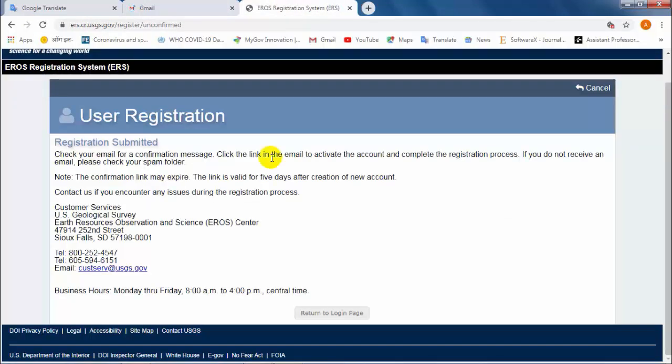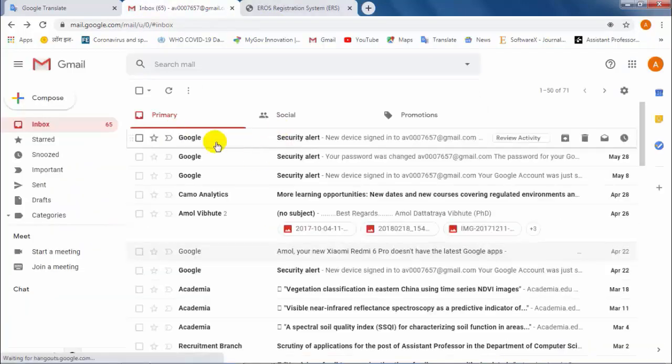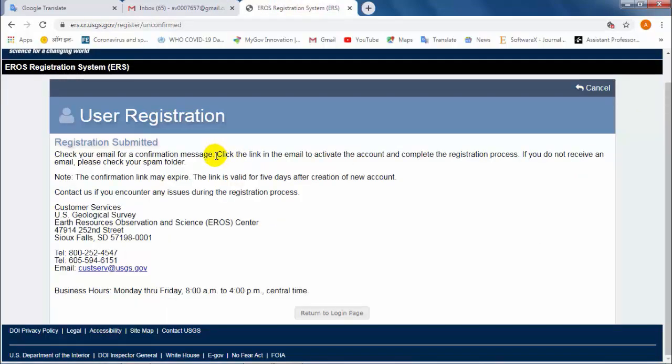So in the description box, I have given the link of how to download hyperspectral or multispectral images with a live demo. Please watch this video also for your confirmation, and if there is any doubt, you can ask me in the comments. I will reply. Okay. Now they have not sent it yet, so we will wait for 1 minute.